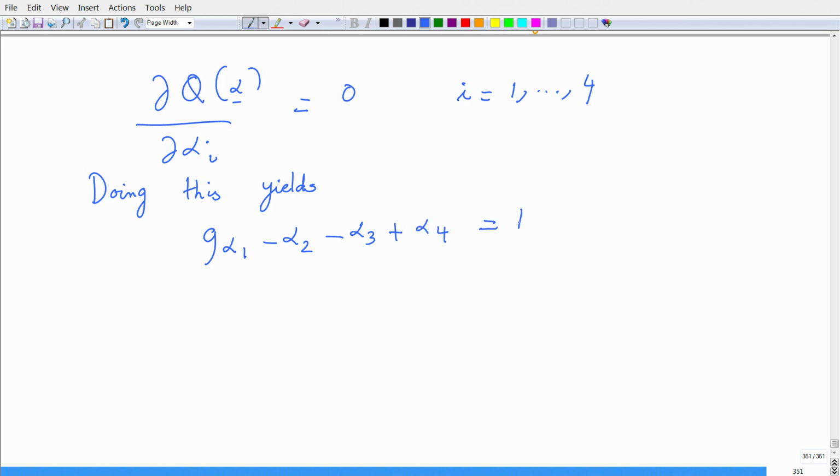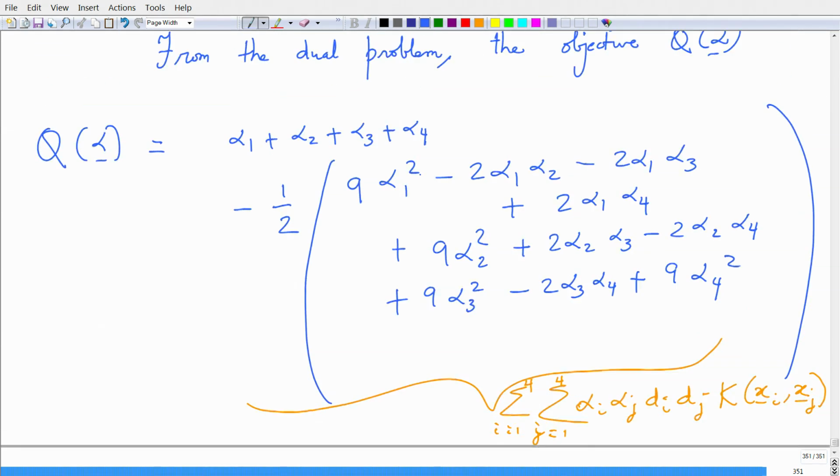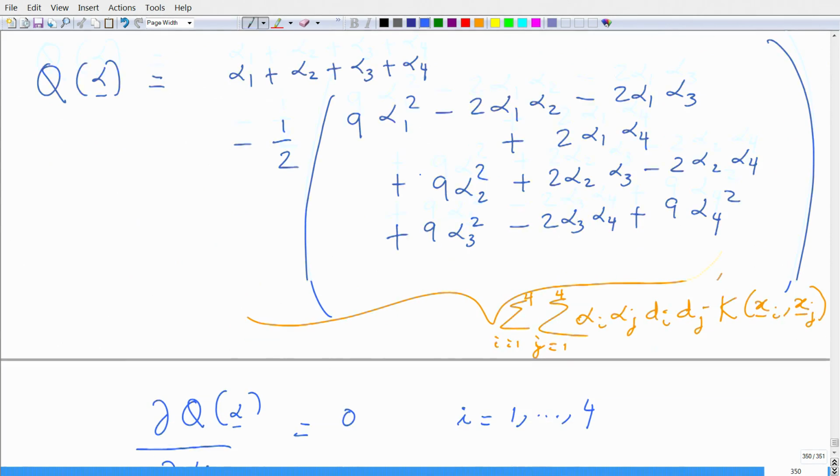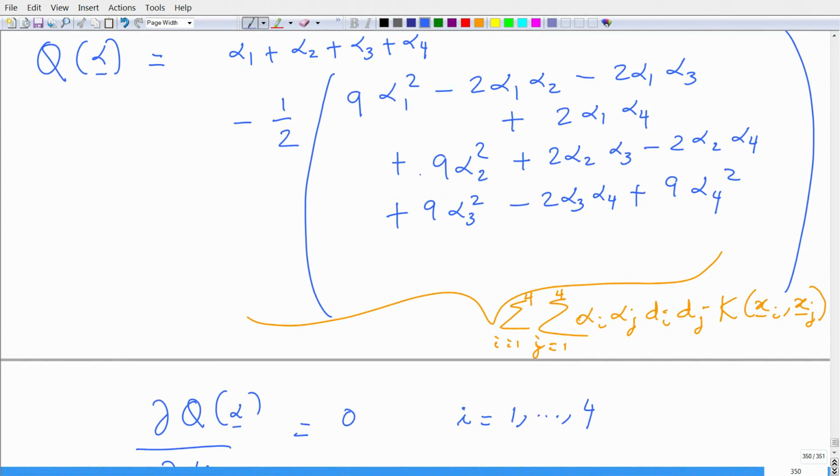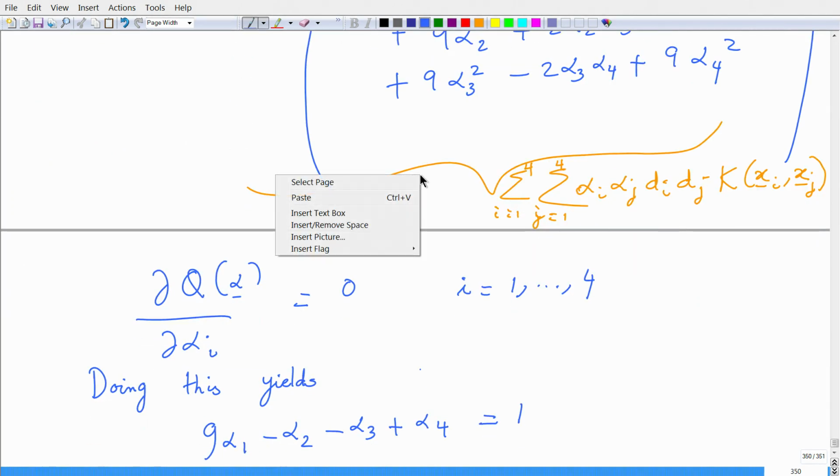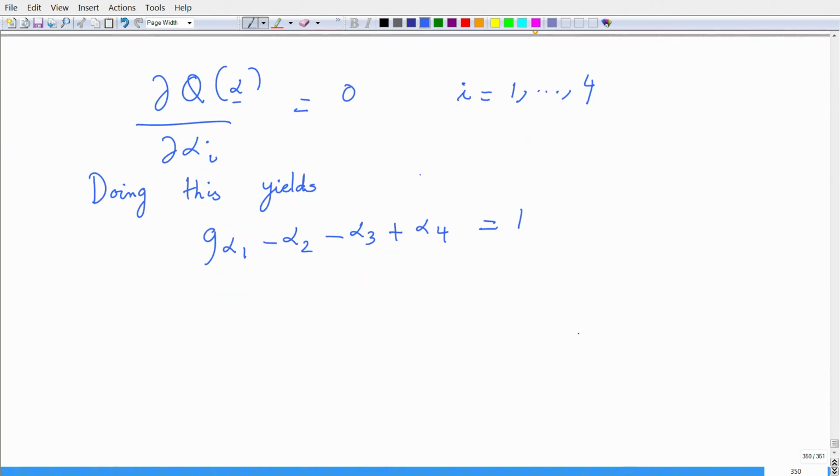So, look into this cost here. Just take the partial derivative with respect to alpha 1, you get one equation, another derivative with respect to alpha 2, alpha 3 and alpha 4. So, you do this, you get these set of equations. So, I have pre-computed them. So, it is straightforward for me to write this a priori, and you can verify this calculus straightforwardly. So, I have these 4 equations.